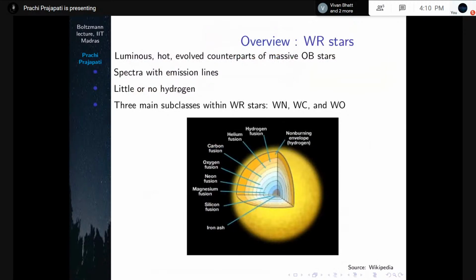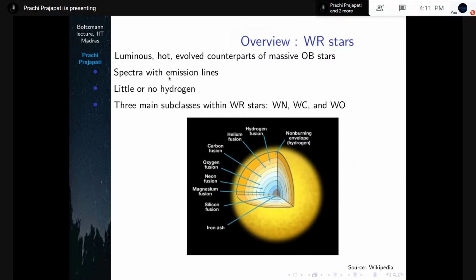Let's go to some features: how these stars were observationally discovered and what their properties are. The discovery of these stars was made based on observed emission lines from ionized gas on top of the black body spectrum. Generally we can assume a star to be a black body. Sun-like stars generally don't have emission lines, but since these stars are very hot, they can ionize the material near the top layers, and that causes the production of emission lines. That is how they were discovered.